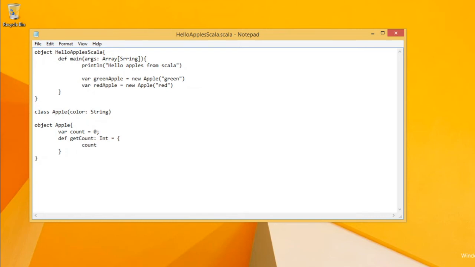The last line that is executed will be returned by Scala, so we don't need to write this return statement. So we want to increase the count every time we instantiate this class.